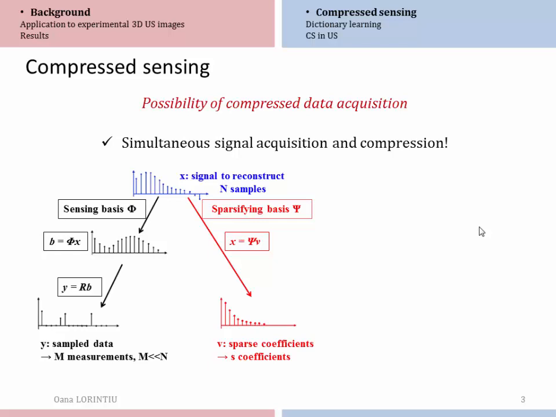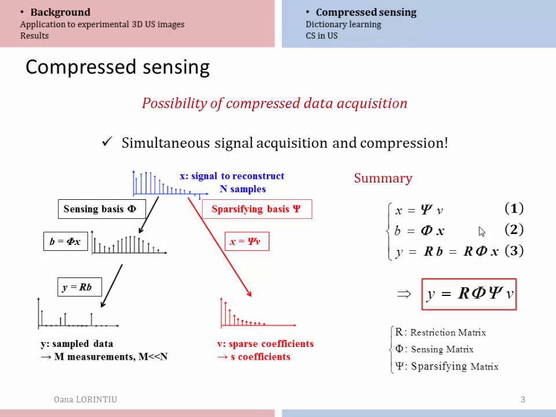For the sparsifying basis, there are two options. You can either have a fixed basis, like Fourier, DCT, wave atoms, and others, that represents well your signals, in our case the ultrasound signals, or you can have a dictionary that you learn from the data. And we will see this later on. And in summary,